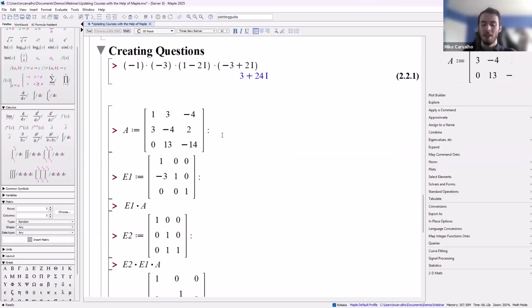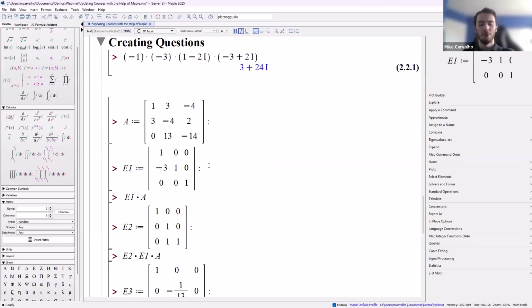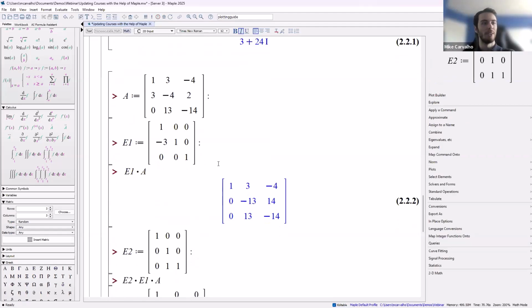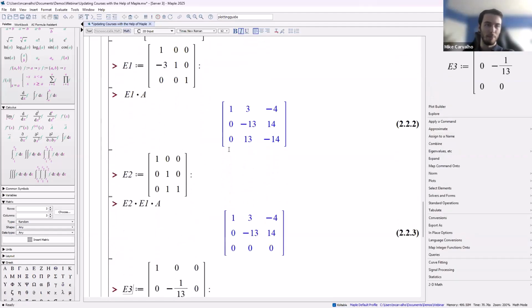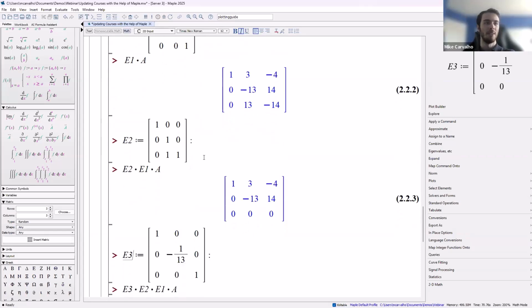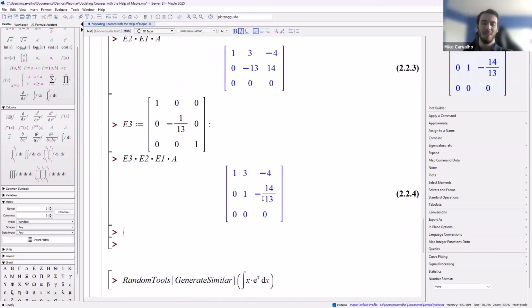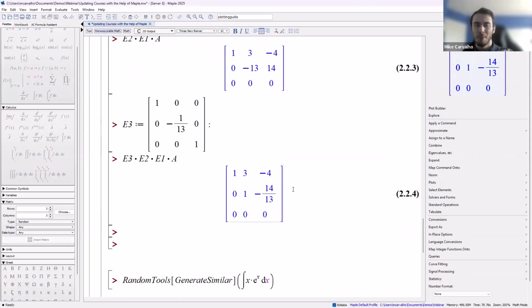So say I want this matrix, and I'll work through step by step. I'm trying to row reduce it. So here's the first row operation, and I can multiply it out to say, okay, this is what the first operation does. Here's the second operation. I can multiply it out. Here's what the second operation does, and the third operation, and this is what the third operation does. I can get here and say, okay, this is the work I expect students to do, but this answer isn't very nice. Maybe I want to avoid fractions. I want something that works out nicely.